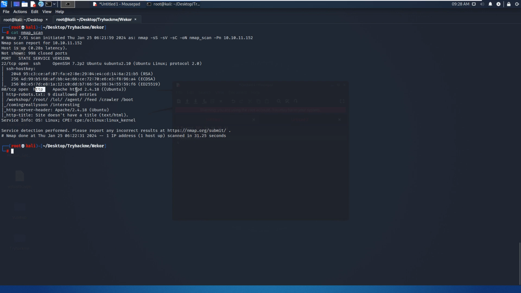And also from the default script scan, we can tell that this target has several disallowed entries. So later we can check one by one to see which of them is available or accessible. What we are going to do next, we need to do the enumeration with the web application, both manually and automatically. Let's launch our browser